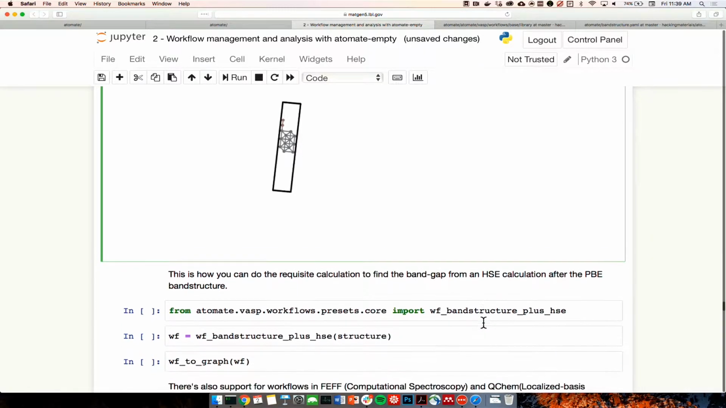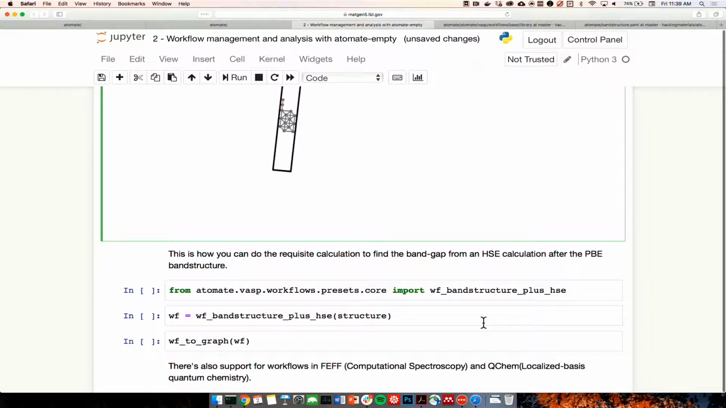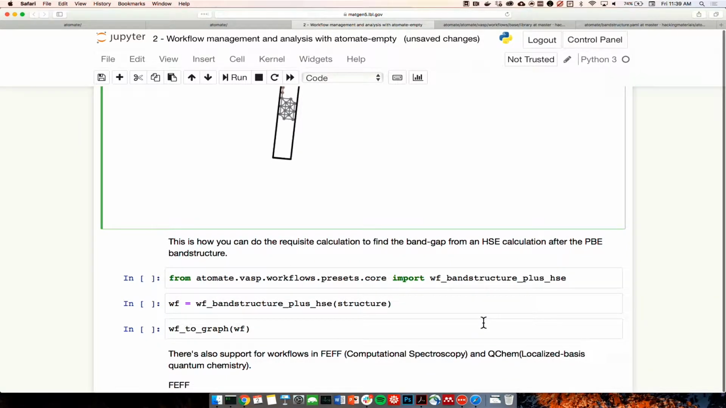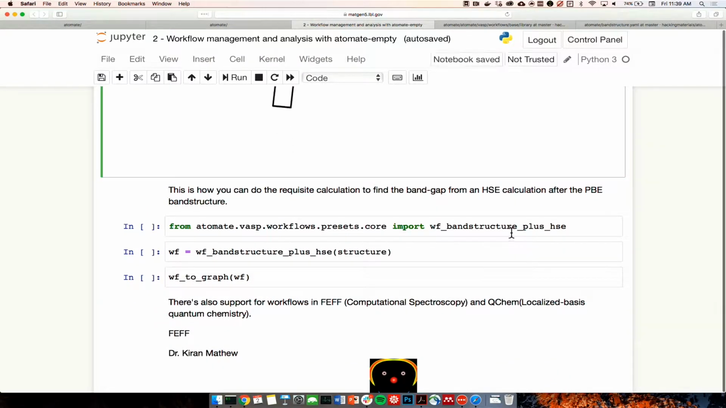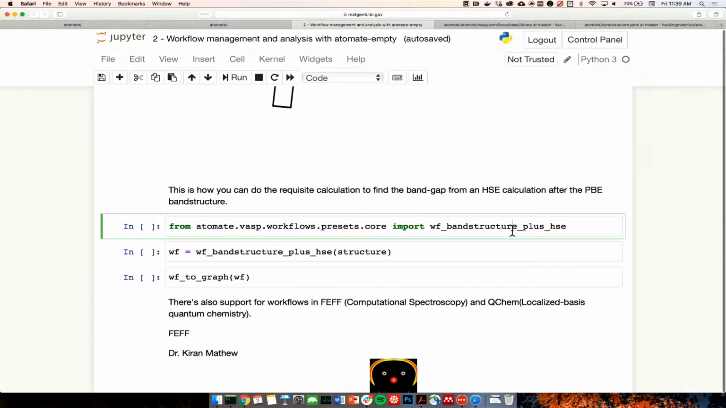Okay, so there are a few other things that you can do. There's a really wide host of different things you can do with Atomate, and we won't be able to get into all of them here. But just as a quick demo before we get into our final example, you can do these HSE band structure calculations. So HSE is a much more expensive